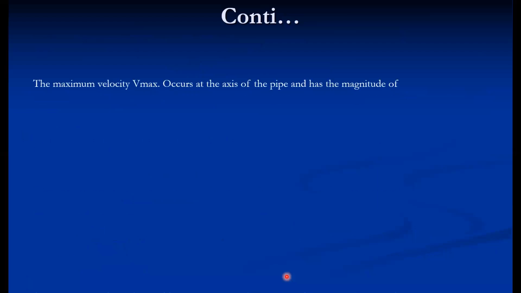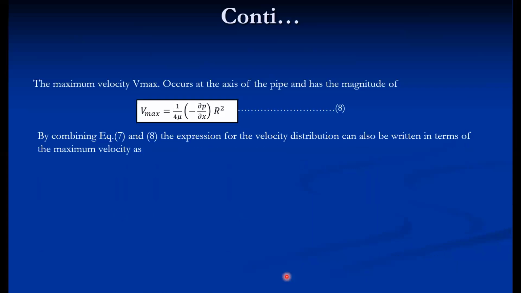Now the maximum velocity Vmax occurs at the axis of the pipe, and that magnitude, if we put r equal to 0, small r equal to 0, gives the expression of maximum velocity. Call this equation number 8. So if we combine equations 7 and 8, the expression of velocity distribution can also be written as,